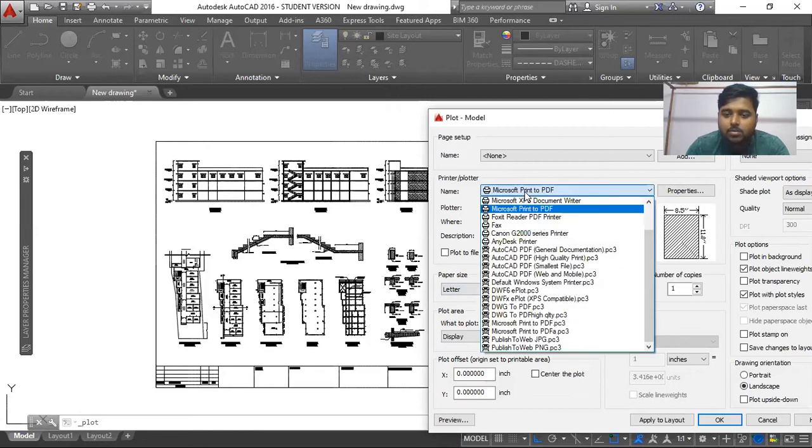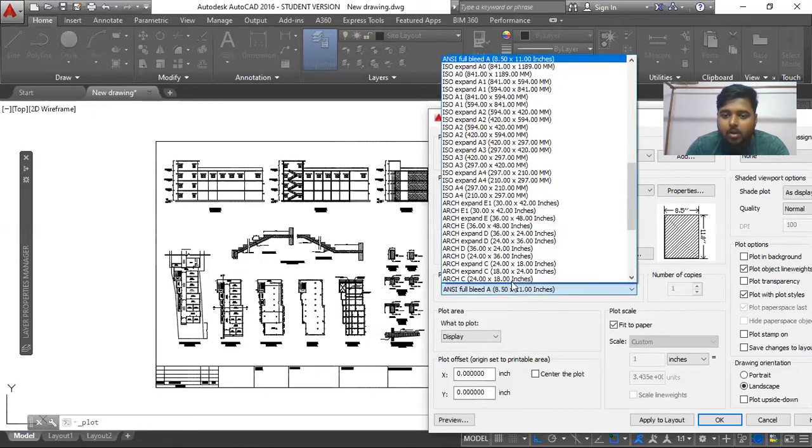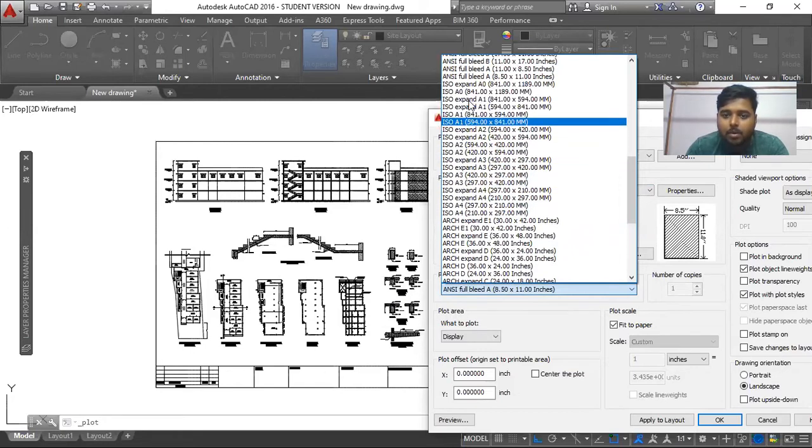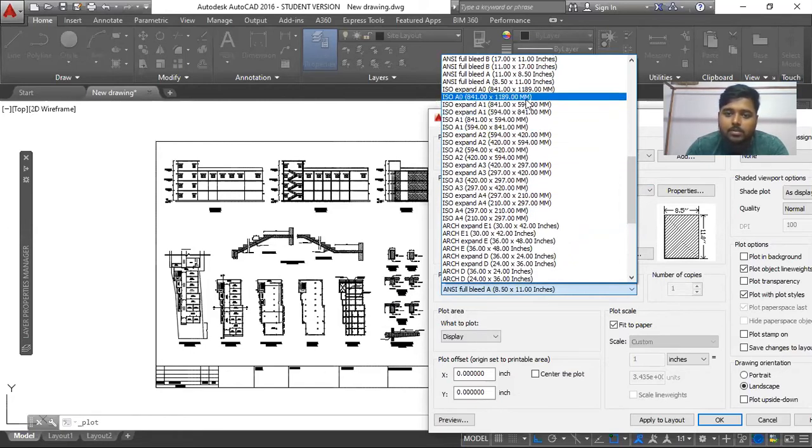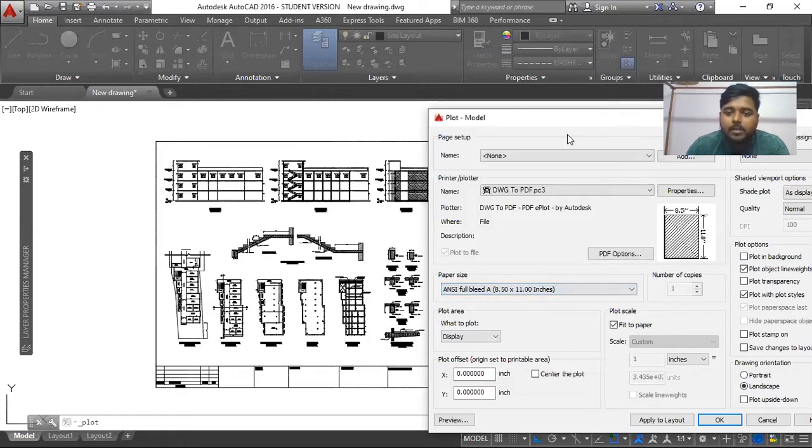In that case, you need to select different formats like DWG To PDF, PC3 formats, and here you will get all the standard like ISO, Indian standard sizes of A1, A0, all these dimensions. You see here the dimensions are also mentioned like 841 millimeter by 1189 millimeter. So you can get this.